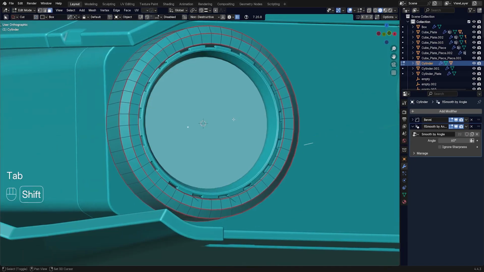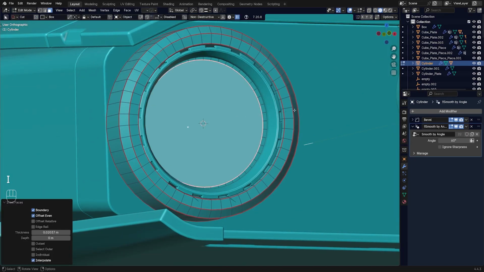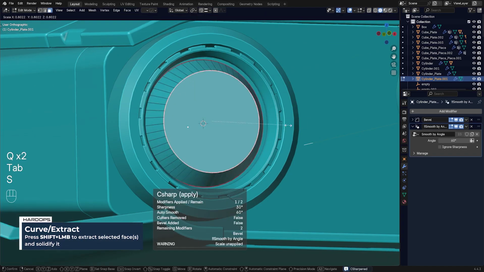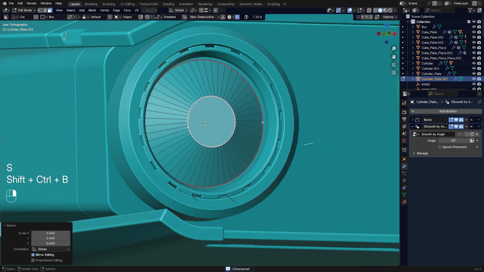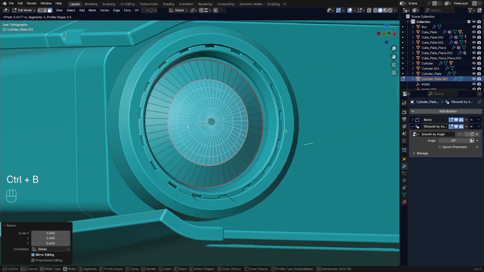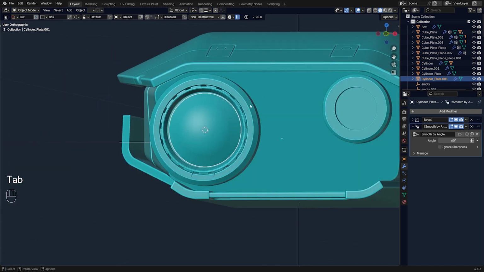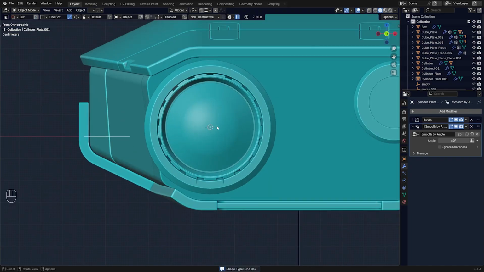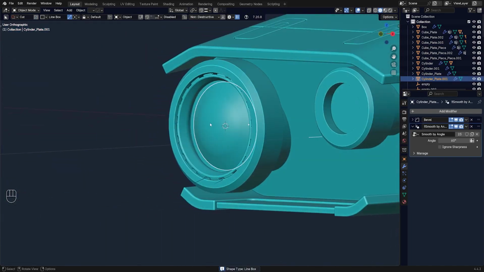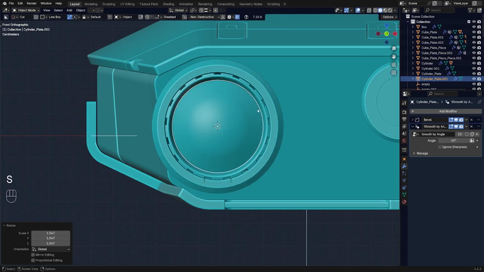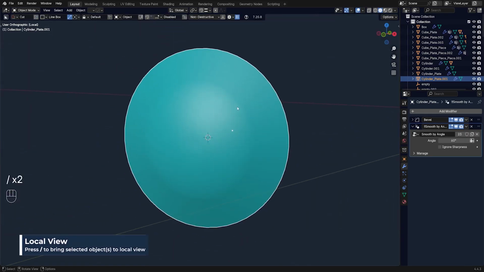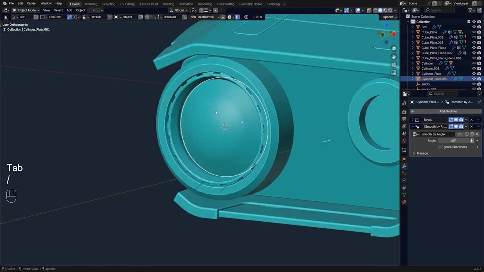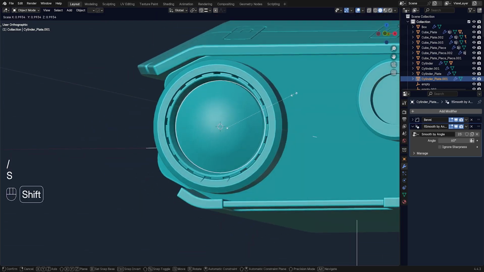And then insert this, Shift curve extract, sharpen this, scale it, and whoa, and bevel this, right? So kind of like a lens, and sharpen, and boom, right? And this is pretty cool. And this could be obviously wider. And let me just fix this. So E, right? And yeah, boom, right? So we get the lens here,